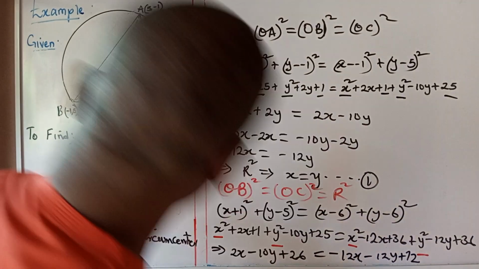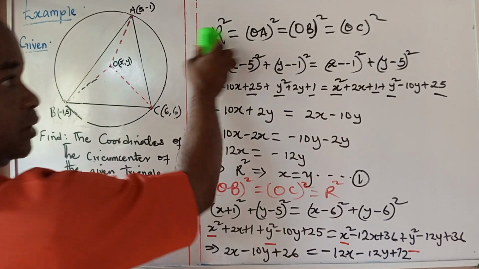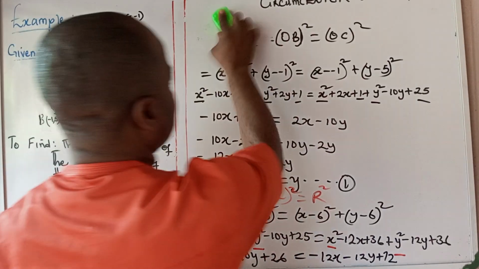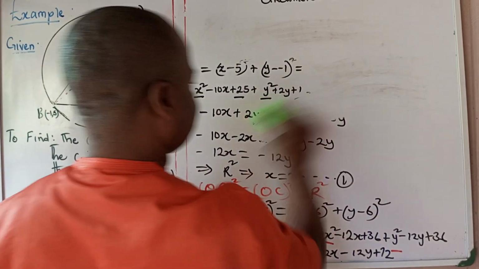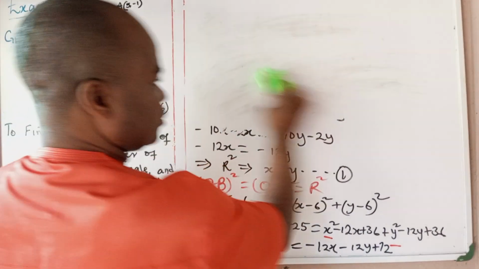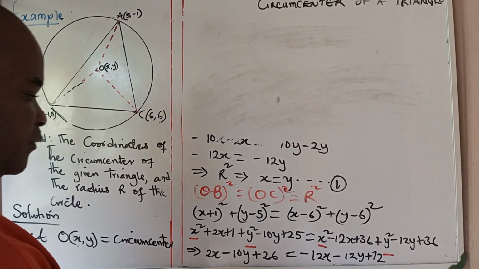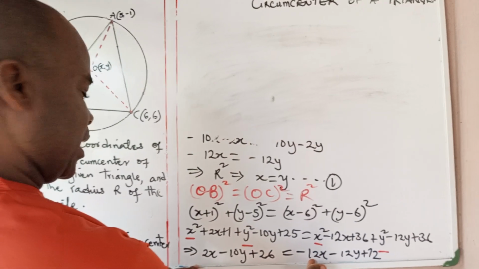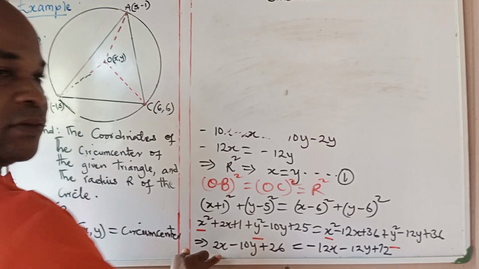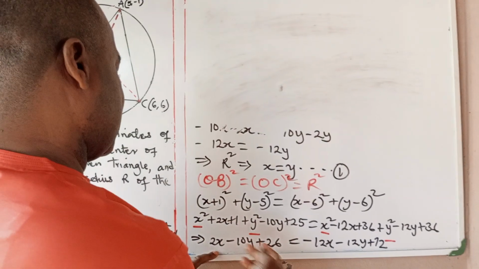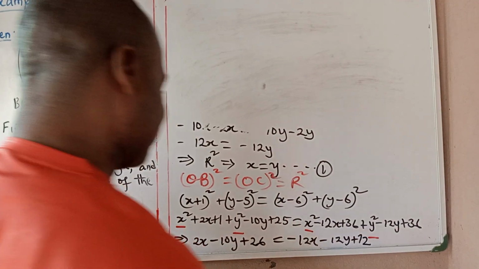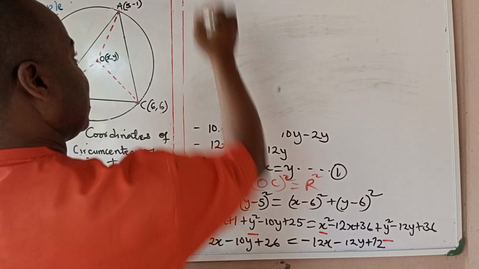Hoping that you've copied this, I need to wipe out the top that we have already written so that I can continue writing. So look at what we have. If you collect the terms on the x to the left hand side using additive inverse, and that of the y to the right hand side using additive inverse, we are going to have